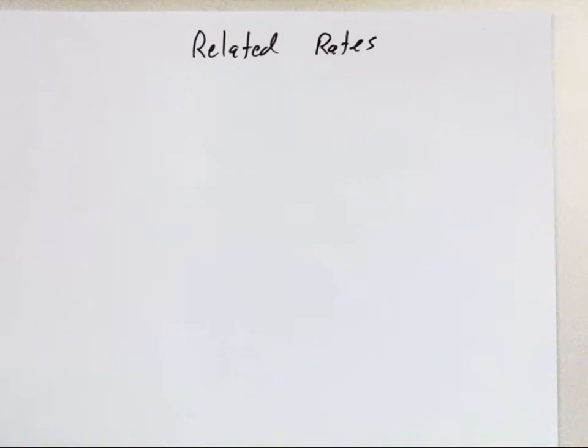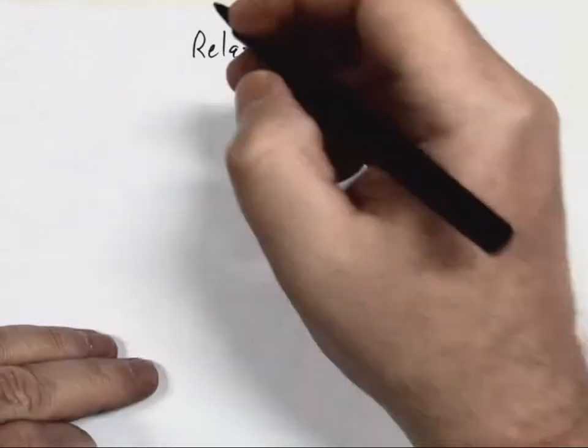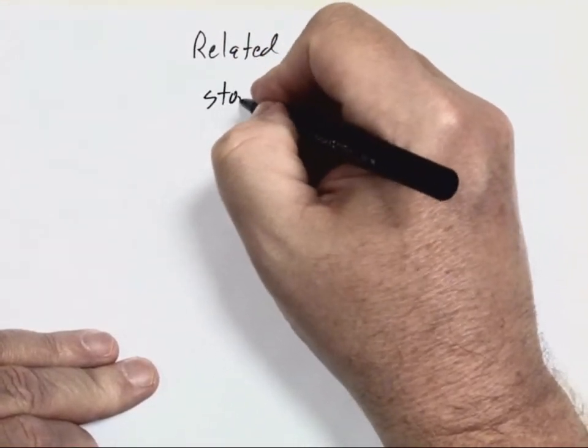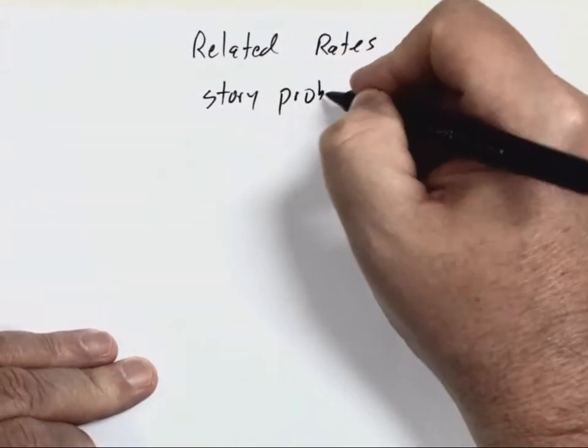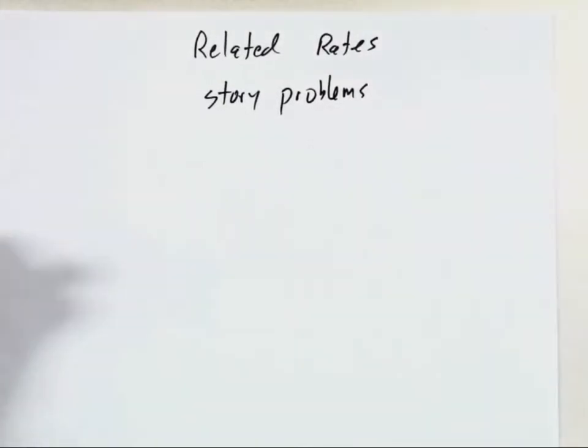Look at a type of problem that's called related rates. So let's just talk about this for a minute. A couple of things. First of all, these problems with related rates are basically going to be story problems. Now, I know many students don't like story problems, but I want you to not get too worried because I don't think these are going to be horribly difficult as story problems go.